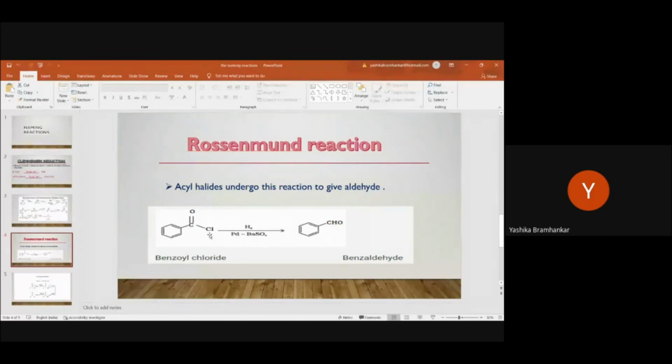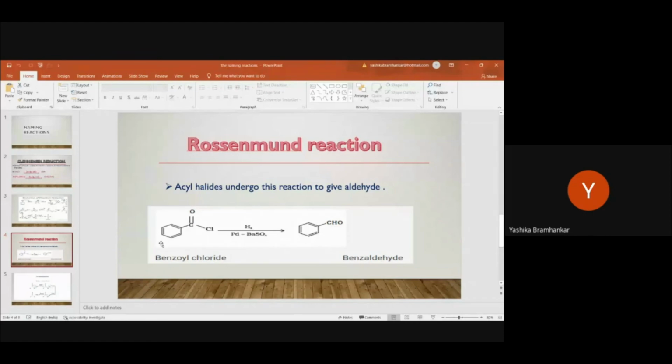Now, the reagent here is very special. It is called Lindlar's catalyst. What is special in the palladium and the barium sulfate? If the reaction takes place only in the presence of palladium, the reaction will be overreactive. That means we will not get aldehyde, we will get alcohol because of over reduction. So barium sulfate is used here as a poison. Palladium provides a surface for the reaction, and barium sulfate clogs the pores of the palladium so that the reaction is limited and in a controlled manner.